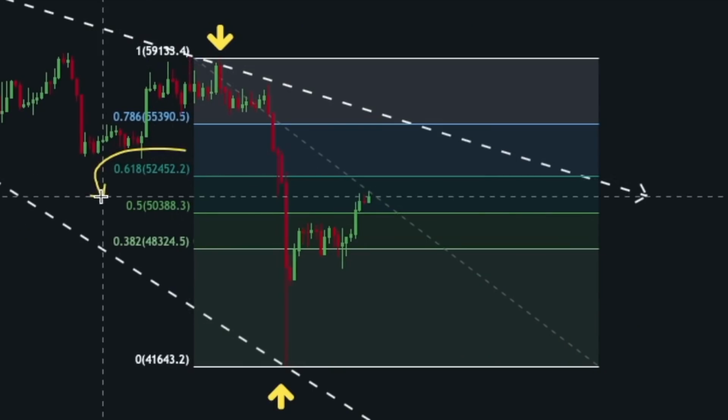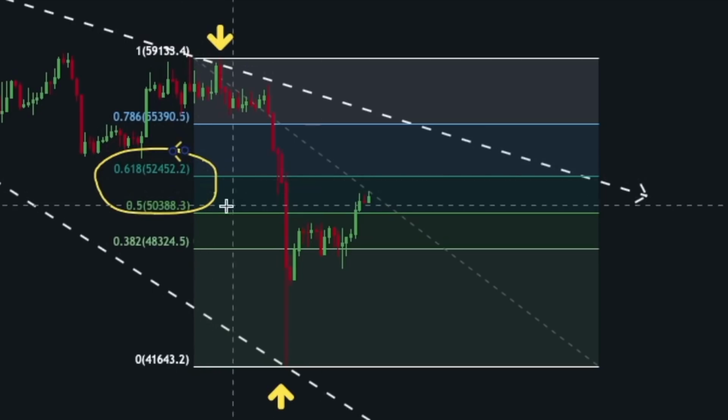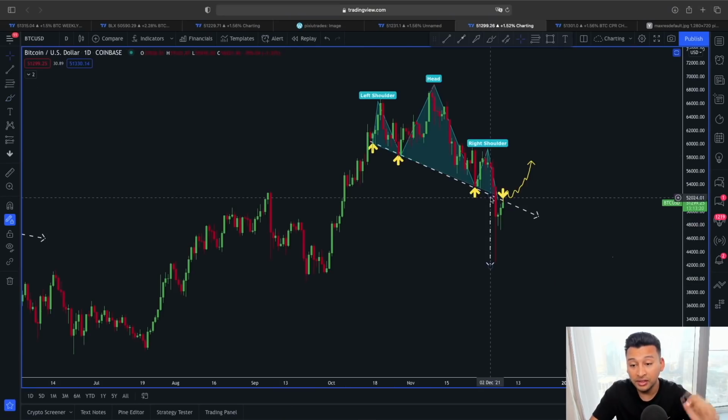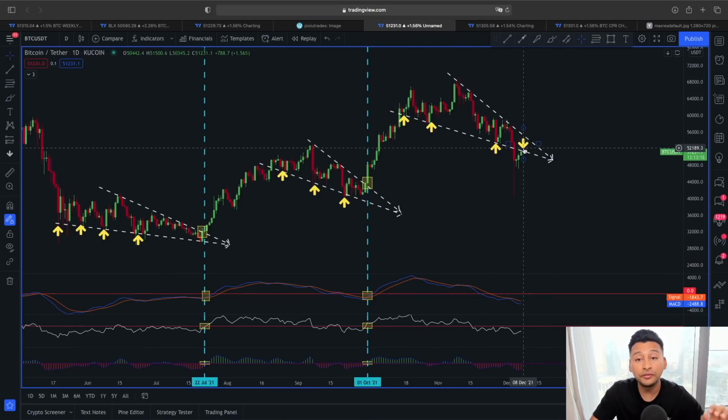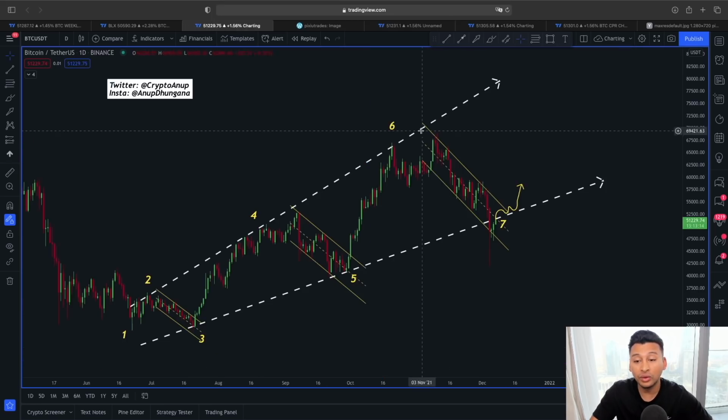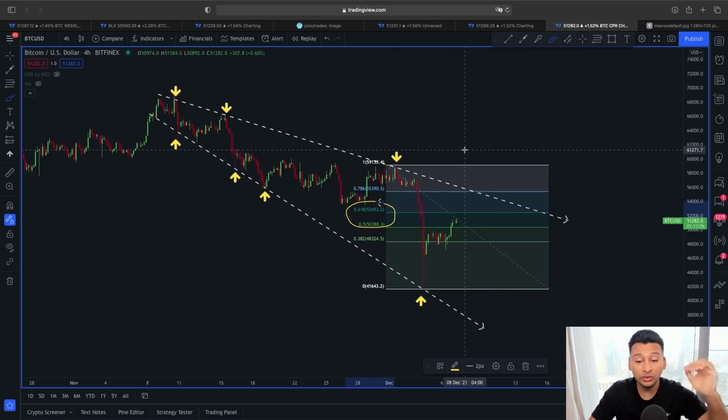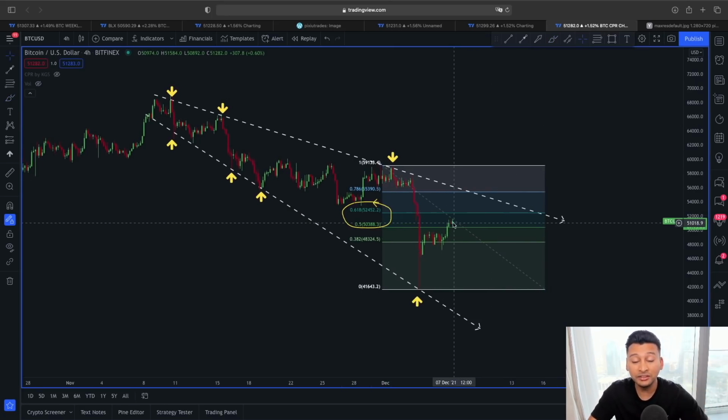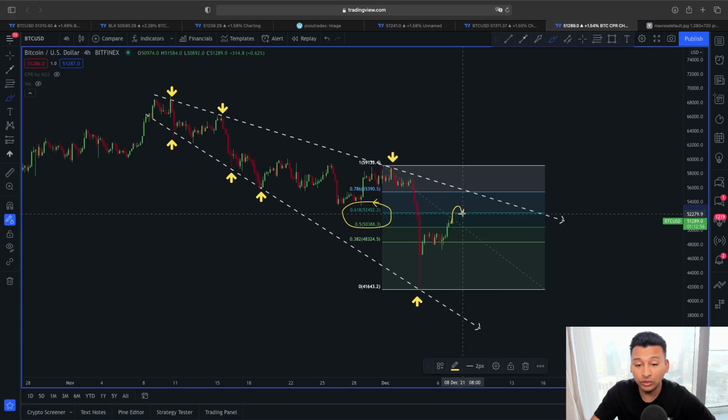And now you can see another resistance between this 50 to 52,000, also resistance from the neckline area of this head and shoulder, another resistance from this falling wedge, right? And also this one here, the accumulation cylinder, previous temporary support line, the lower line area, which is going to be a strong line of resistance around this 51 to 52,000. So now, since the price of Bitcoin in a smaller time frame has broken out of this 0.5, if we also find support above this 0.618 around 52,400, 52,000 area, right, then this dead cat bounce scenario is